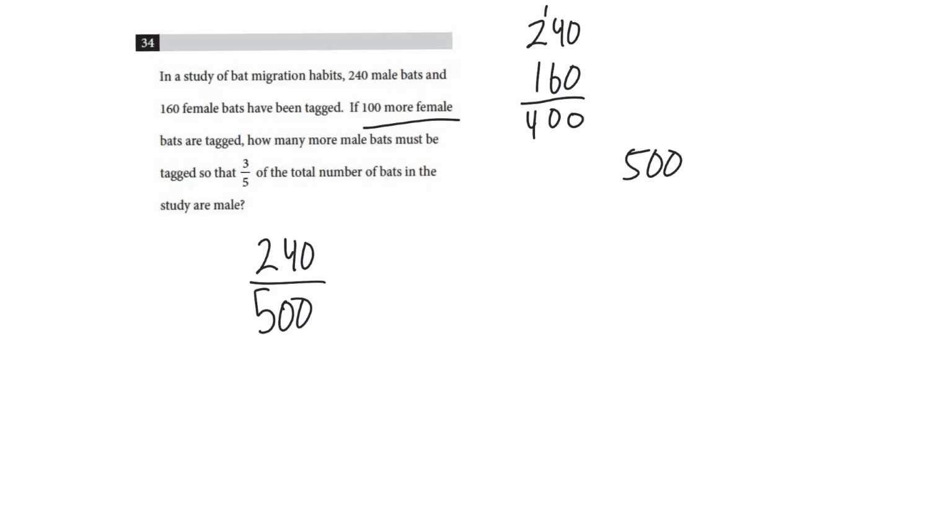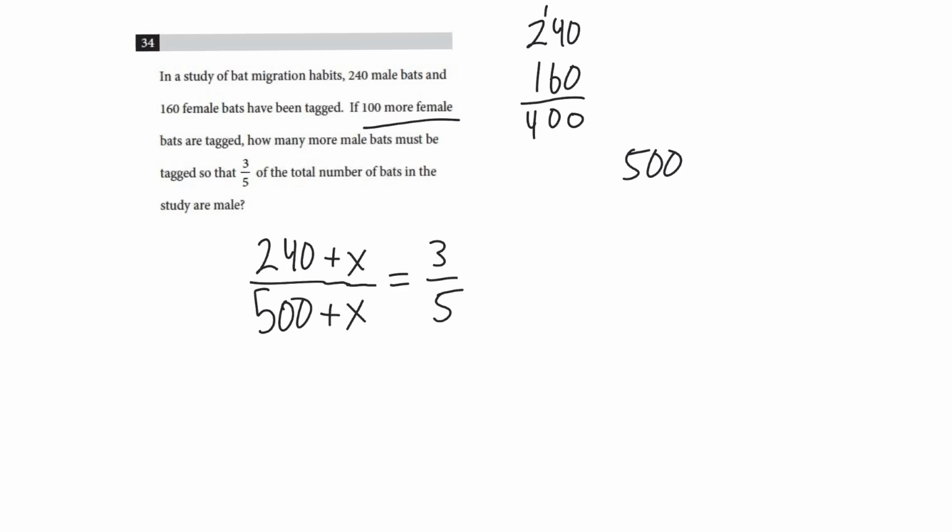Okay, well then we need to tag more male bats. We don't know how many we're going to tag, but we're going to tag x number of bats. Well, if we tag x number of more male bats, the total population of tagged bats will also increase. Okay, well, we want this to equal